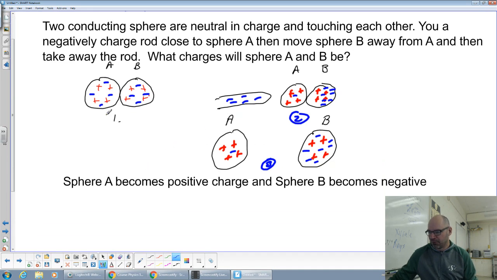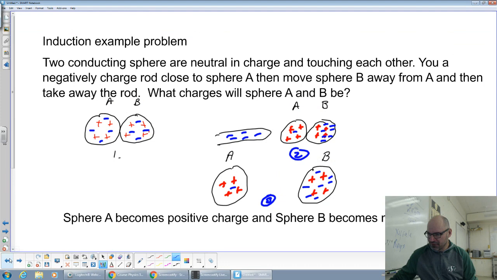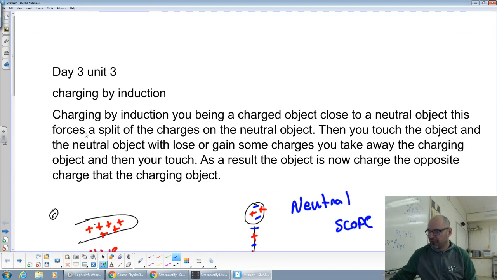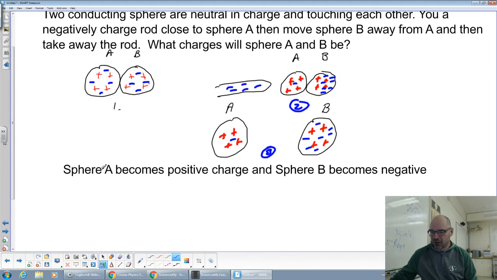So that's a typical example. Okay, so that was the second thing I wanted to look at. If we look back here, we're doing charging by induction. Oh, I forgot to write down the other thing. The other thing I wanted to look at is